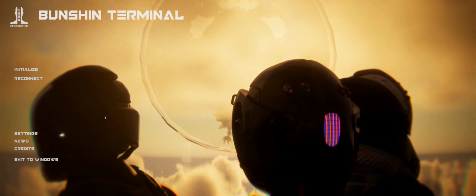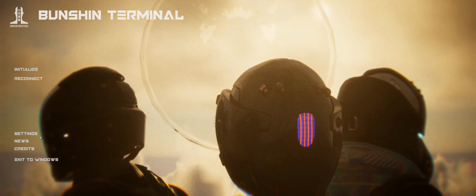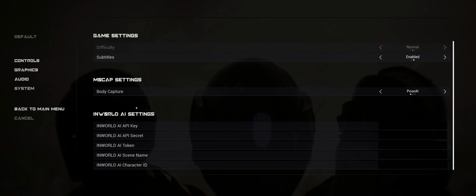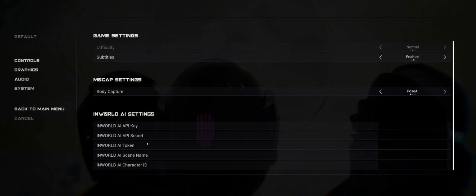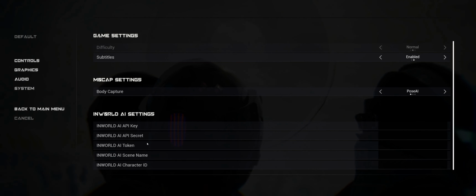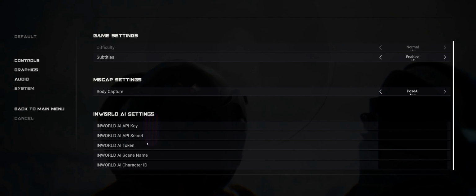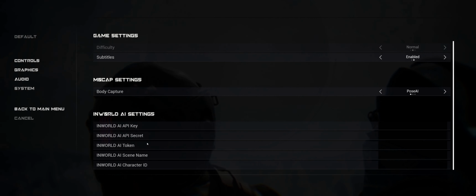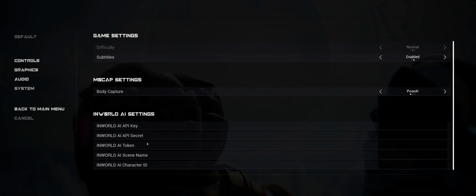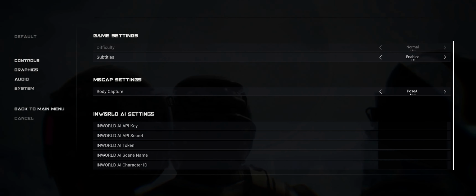So now that we're in Bunshin Terminal, we just need to copy over those values. One thing to be very wary of is the API key, secret token, stuff like this. You don't want to share it with people because that's going to give them API access to your in-world account and be able to start racking up minutes on your account. So just be wary, don't share them. With that